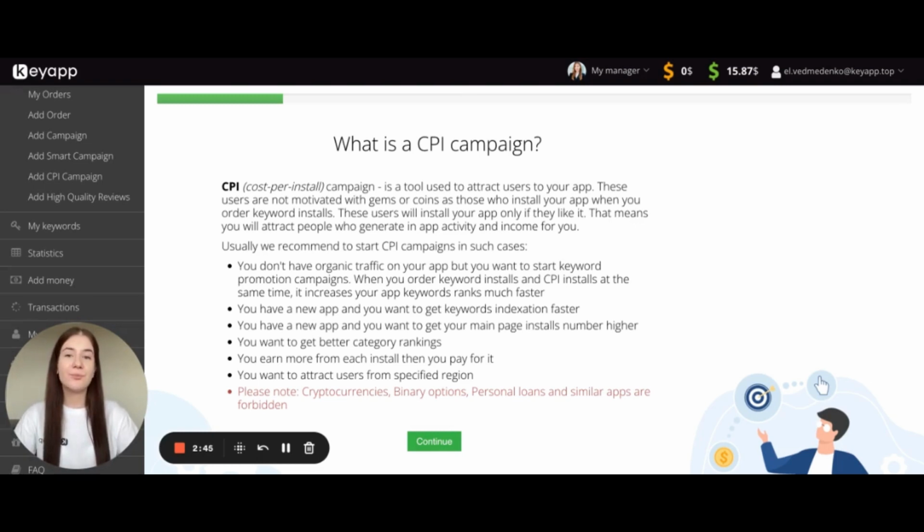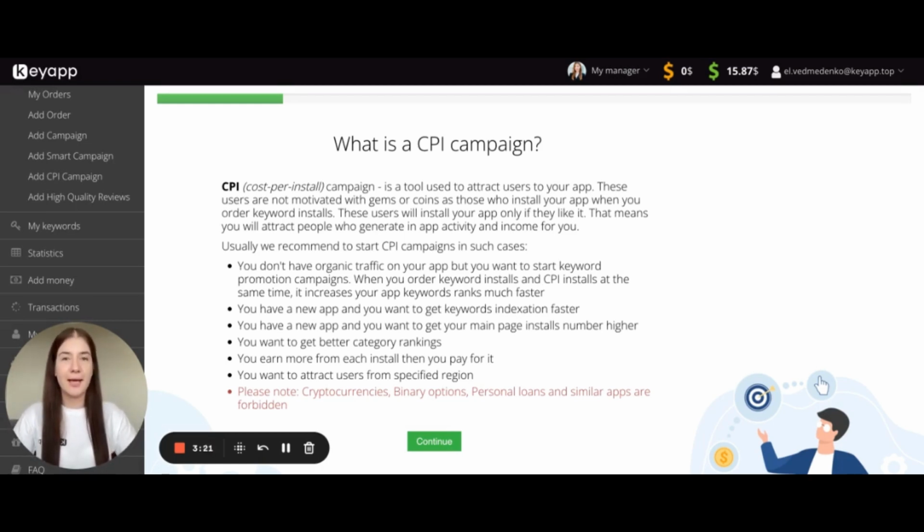Campaign. Actually, in some previous videos, we have already discussed some advantages and some ways to set up this campaign at our service. But once again, when we are talking about mobile application traffic, we remember that it is divided into paid traffic and organic traffic. And actually, the app gets organic traffic after some App Store optimization efforts are done. For example, we know that search traffic is organic, and App Store optimization influences the amount of search traffic